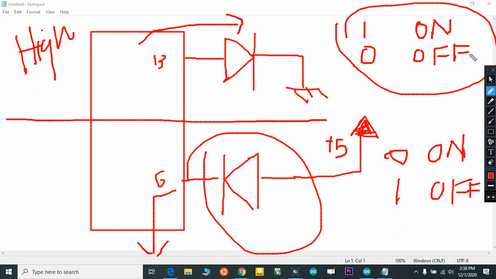The same way, if I use this code and this connection, it will not work. So you need to connect and set up. Always set up your connections first, then go on to program it. It's the best approach, so that one thing is fixed and you can change the other as you wish. So we are discussing these two methods.